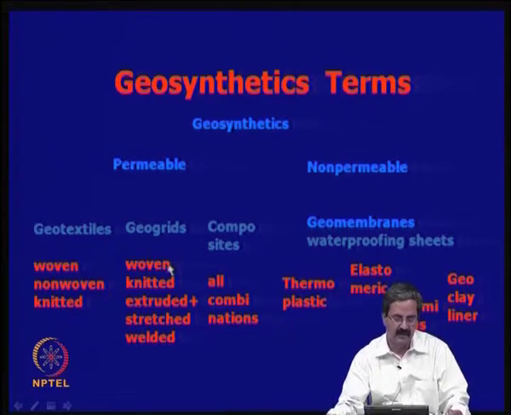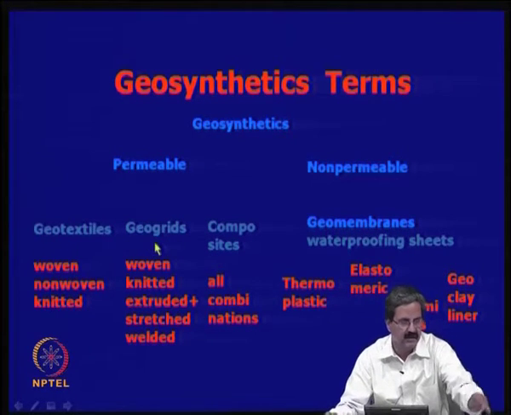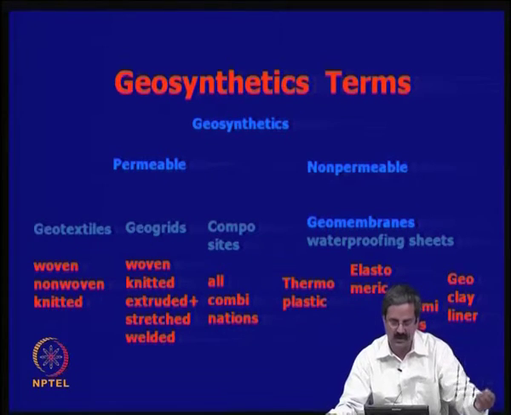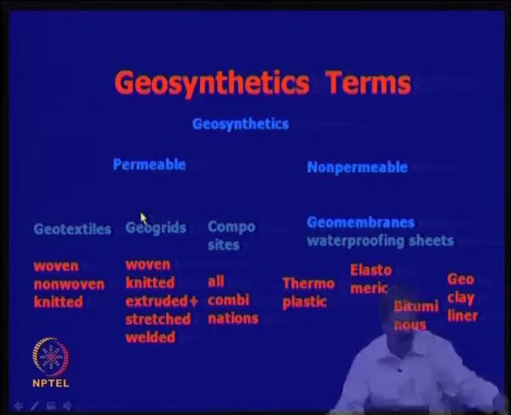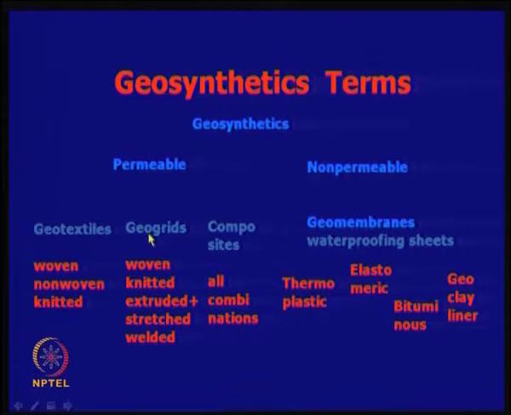So, we have another family, instead of geotextiles, called geogrids. What you have here is called a geogrid, and this is also a geogrid, and many of them are extruded, sometimes stretched and sometimes welded. In fact, welding by laser is also possible. We have different types of materials here, which are essentially geogrids. Geogrids we use for conditions where we need very good tensile strength.